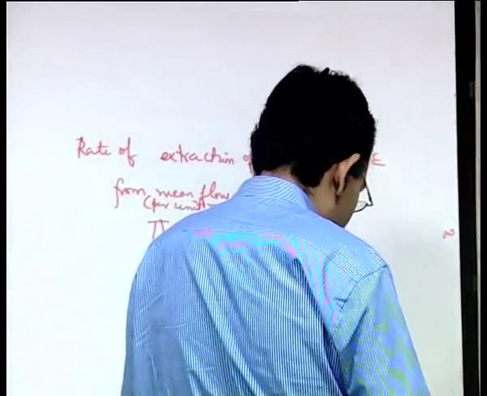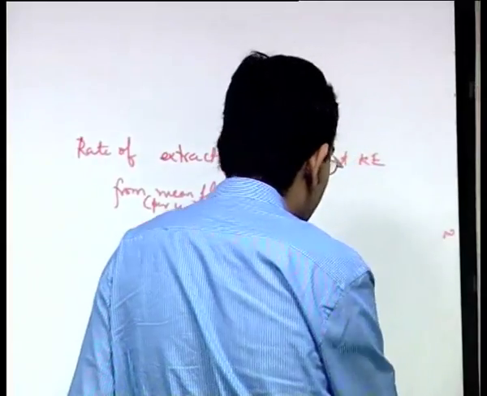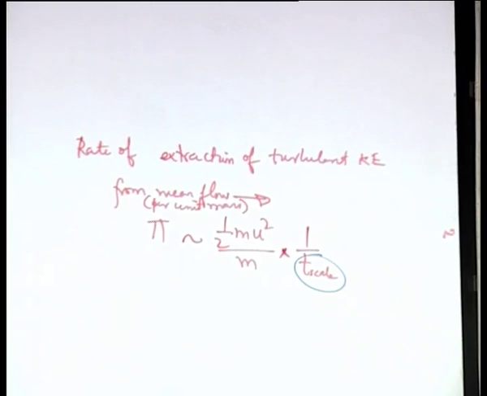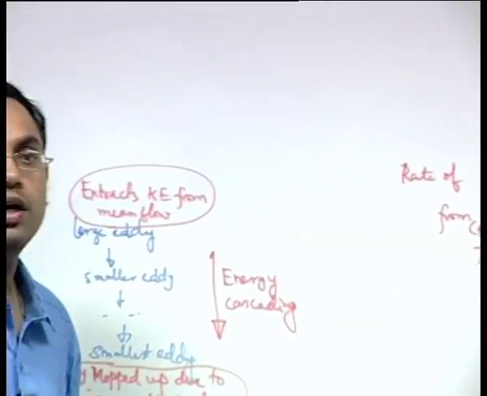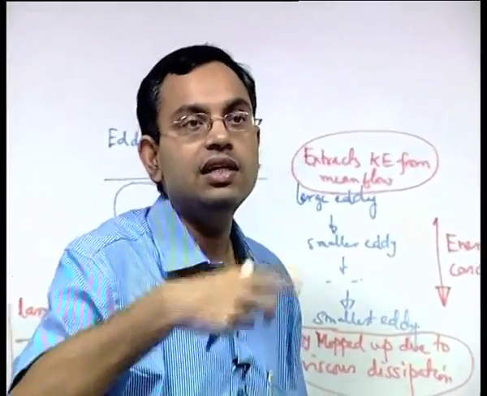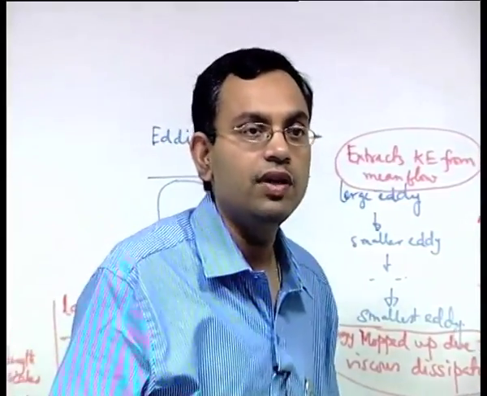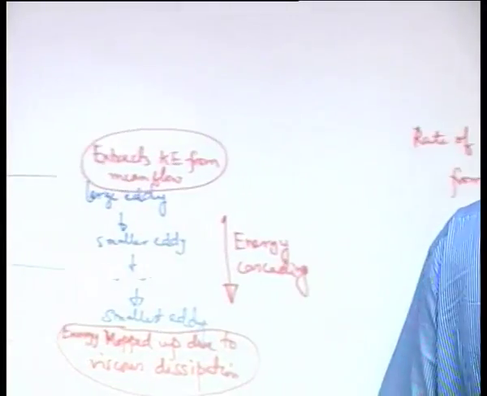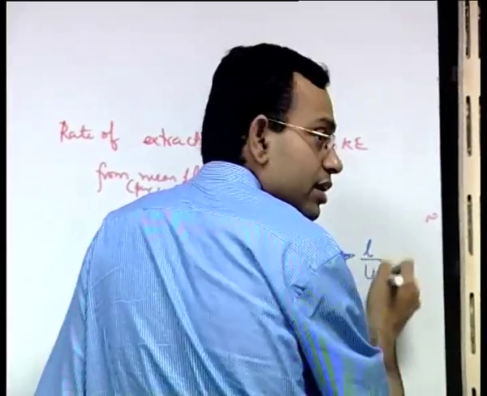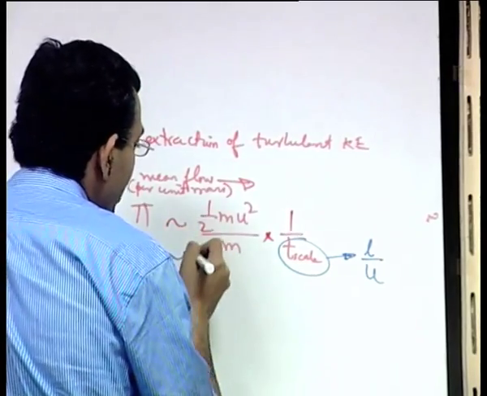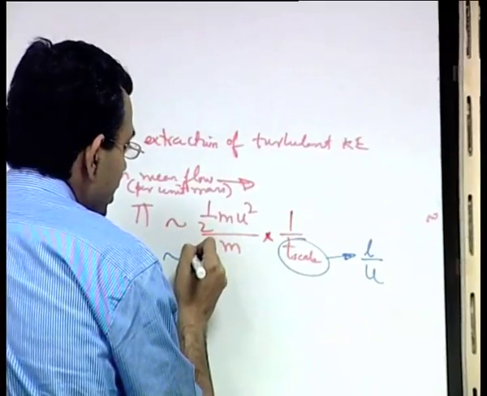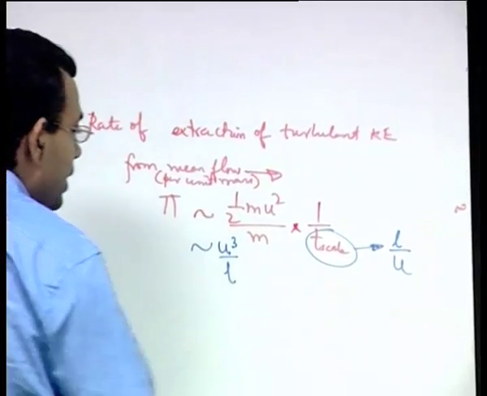Now what is this time scale in terms of the velocity and the length scale? So this typically is called as the turnover time scale, that is a time scale characteristic to the large eddy turnover. So the large eddy, because it evolves, it is a dynamical structure, it evolves into smaller and smaller eddies, and then again you have large eddies appearing and so on. So it is a dynamically evolving situation. So the time scale is L by U. So this one, the rate of extraction of turbulent kinetic energy is of the order of U cube by L.